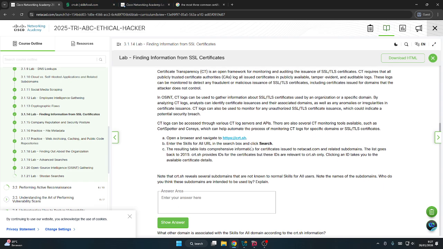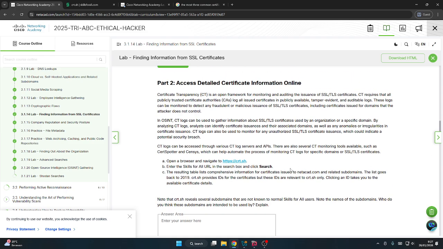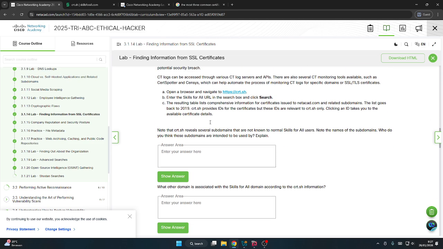And the resulting table is comprehensive information on certificates issued to Netacom and related subdomains. The list goes back to 2019, and crt.sh provides IDs for the certificates, but these IDs are relevant to crt.sh only.